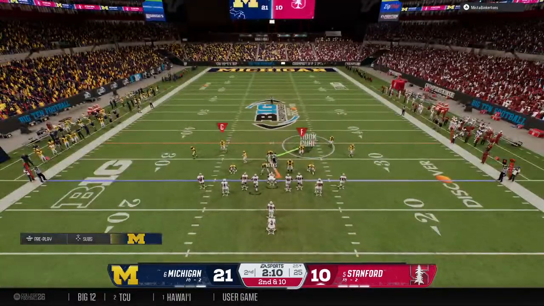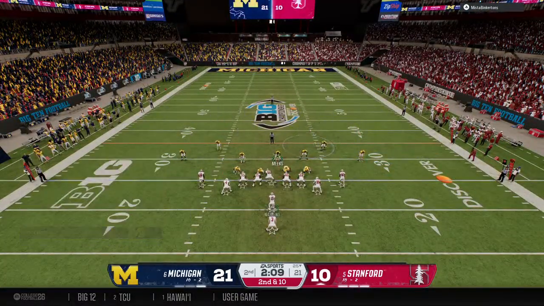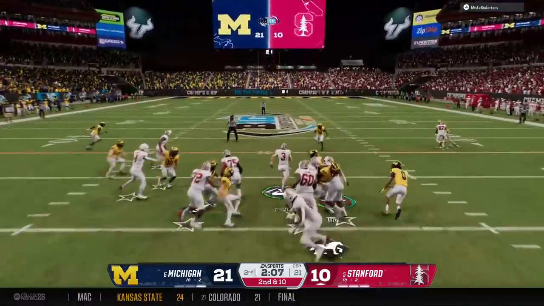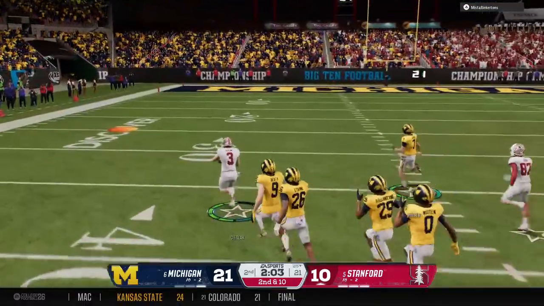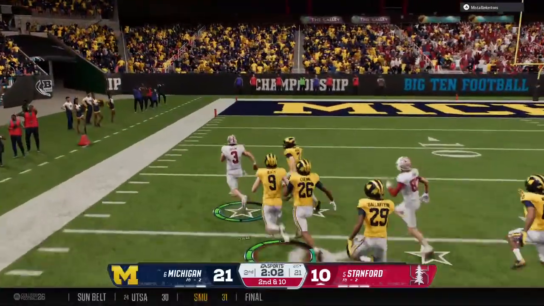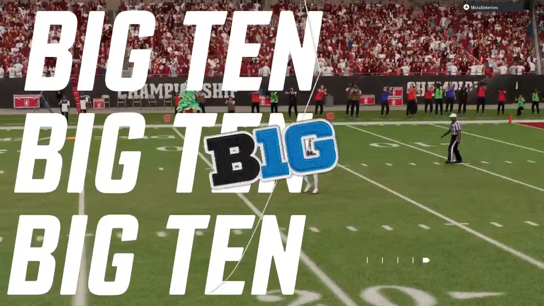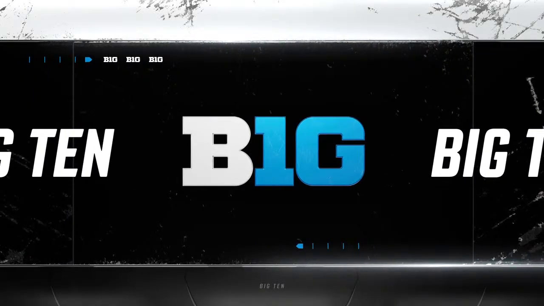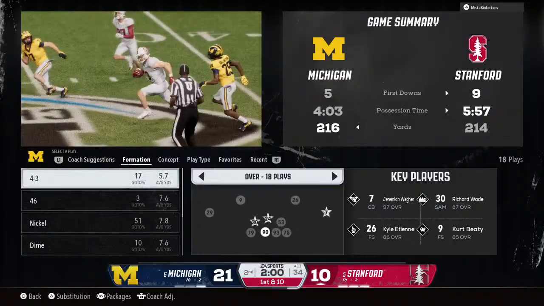So 2nd and 10 from the 25. Important to get something here to avoid that tough third and long situation. Gives it to the back. First down, looking for more now. He's in the clear. At the 20. And a huge gain. They finally bring him down at the 11. It's the 2-minute timeout. This offense running out of time to cut into this lead before the break.